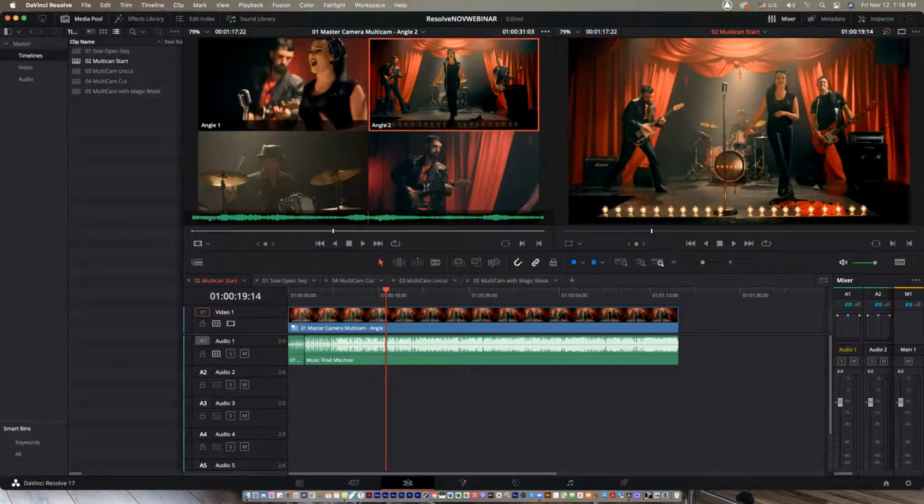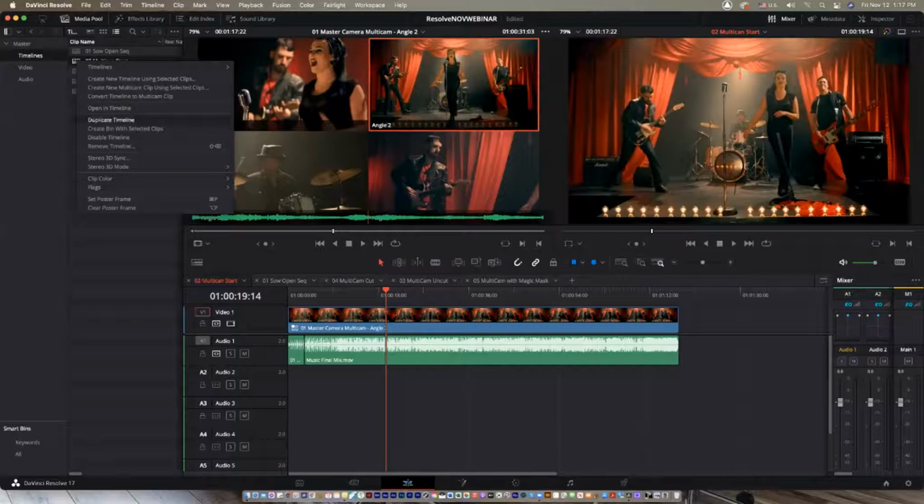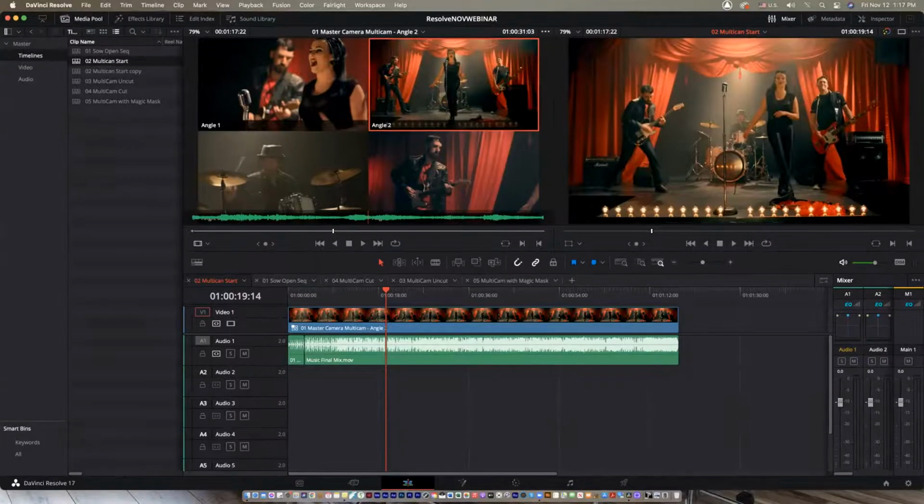Now, the multicam start is set up here, and you can identify it in the timeline. I'm hovering around it. I'm going to duplicate that by right-clicking and duplicating the timeline. I'm going to show you quickly how editing is done. If I did my job right, start copy, I'm going to call it for you guys,